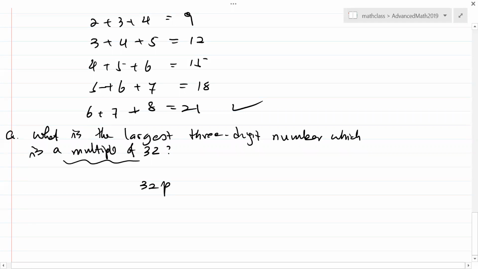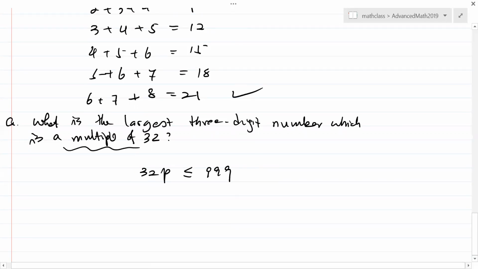This is a 3-digit number, right? The largest 3-digit number without any restriction is going to be 999, right? So 32 times P should be less than or equal to 999. We are looking for the largest possible value for P. So then P is less than or equal to